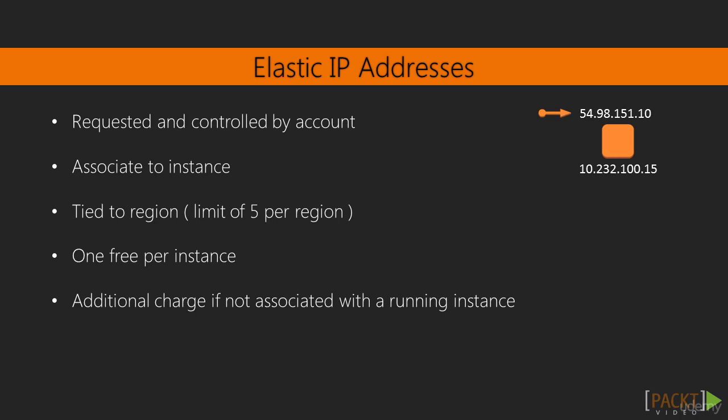By default, you can request up to 5 elastic IPs per region. If this isn't enough, you can request more by contacting AWS support. One elastic IP is free per instance. However, if your instance is not in the running state, you will be charged an hourly fee. So that means when you stop an instance, you will be charged a small fee per hour for the elastic IP that is associated with it. Also, if you have elastic IPs in your account that are not associated with a running instance, you will be